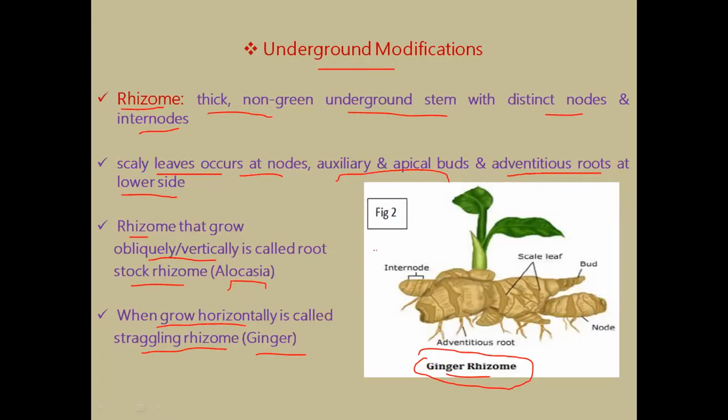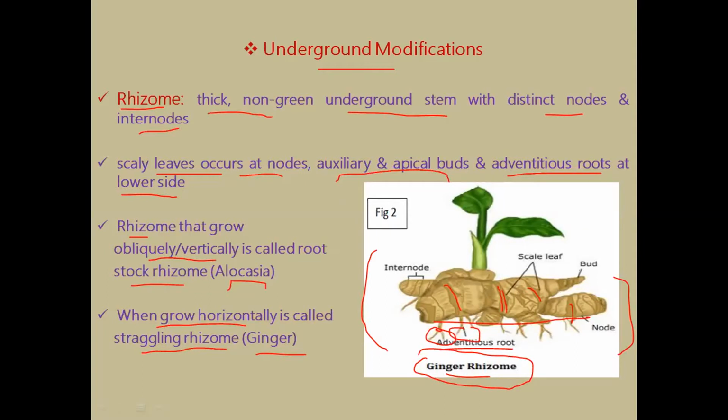So you can see here, this is rhizome. It is a non-green part present underground. You can see it has adventitious roots on the lower side of the rhizome. Also scale leaves. You can see here, this is scale leaves, this is scale leaves, this is scale leaves. These are present,